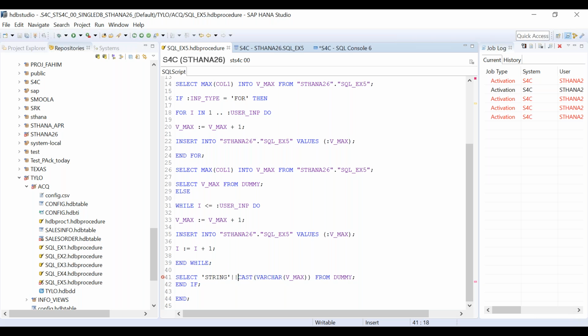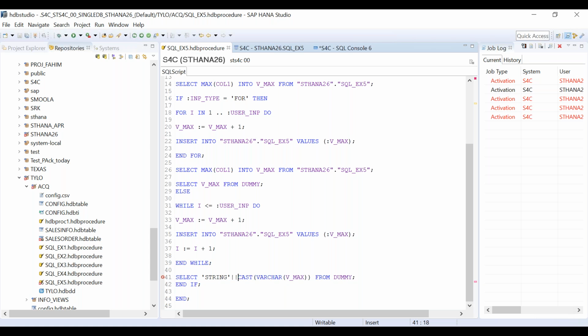Because if you want to concatenate two things, the other one also has to be string. So what I'm doing, this v underscore max is what? V underscore max is an integer. So that's why I'm trying to make it as varchar at runtime. But somehow it is not accepting.